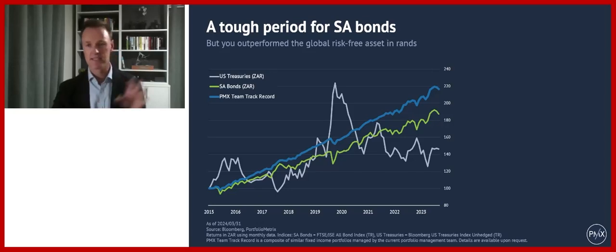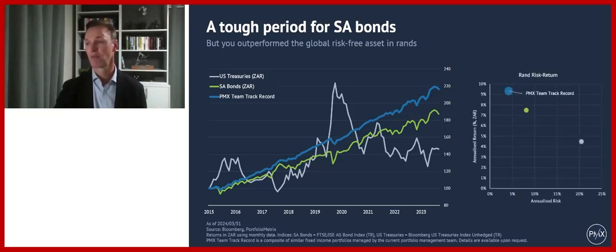And the key thing to understand here is that the All Bond Index is very narrow. It's only got 20 bonds in it. It's almost entirely government guaranteed exposure. There's a tiny little bit of First Rand, nearly less than 0.5% in the portfolio, but it's really based on government bonds. So if you look for opportunities wider than the All Bond Index, you actually are able to show decent outperformance, but not only that, with less volatility as well.